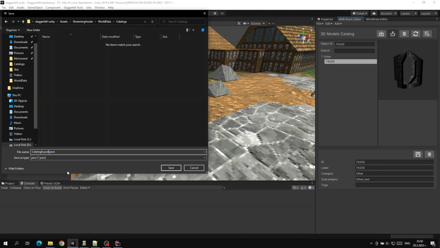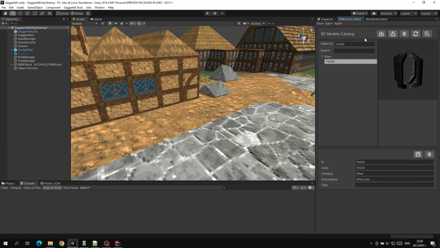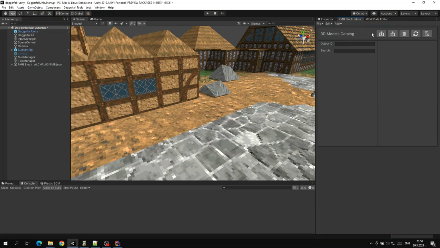Let's just call this something that we will remember. So, cool items catalog. Okay. And now if we remove everything again, and let's say we want to import it,